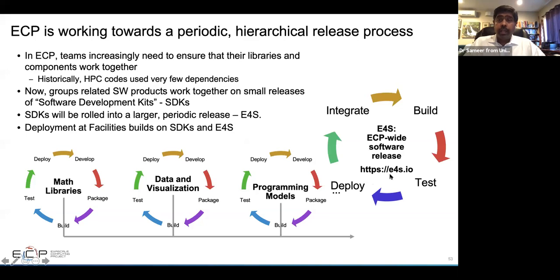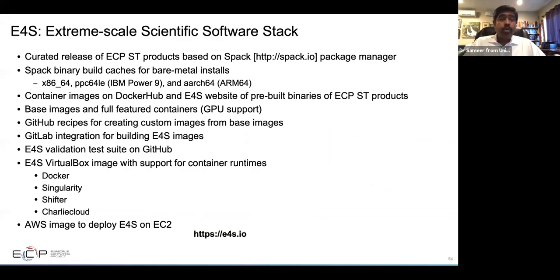And we are creating this E4S release where we integrate, build, test, and deploy the packages. So it's a curated release of ST products. And we also provide binary build caches so that you can have bare metal installs. So if you have a new system, you can use the Spack package manager. You can download Spack from spack.io, and then you can just point to our build cache, and then you can install these packages very easily directly on your bare metal hardware,